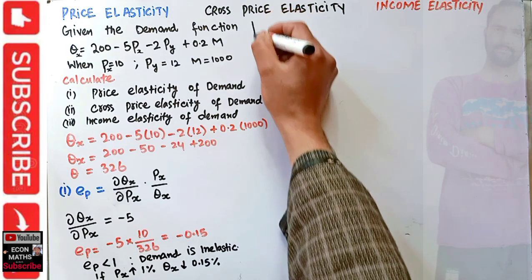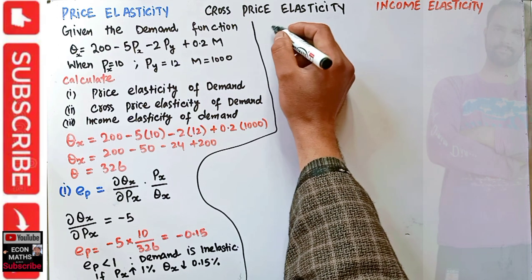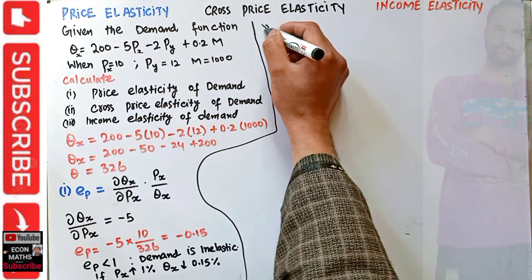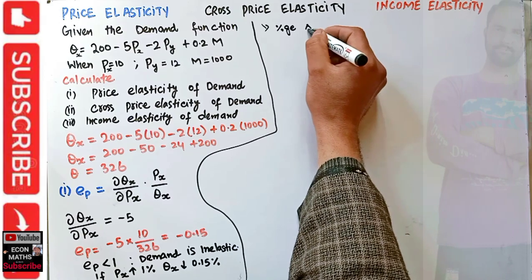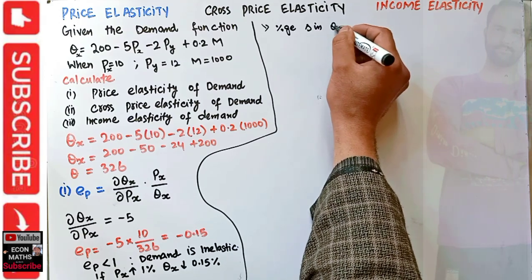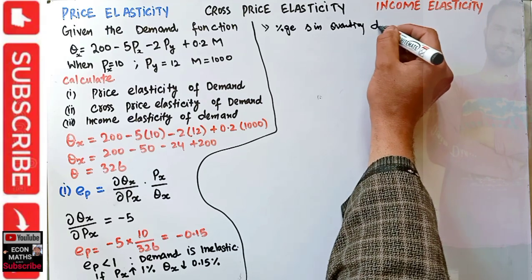Now the second part is we have to calculate the cross price elasticity of demand. What exactly does it tell us? Let's write it here. Cross price elasticity of demand means the percentage change in quantity demanded